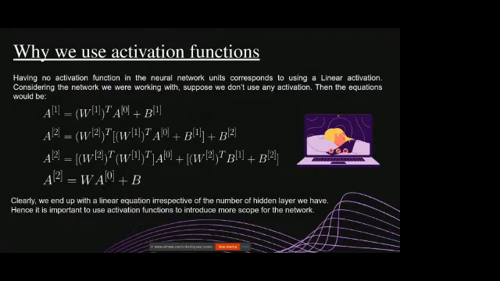Now, introducing non-linearity increases the scope of the network. It lets the network find more complex patterns and more correlations between the input and the output so that it can predict the outcome of a new input in case we provide it. I hope it's clear now why we use activation functions. And so now that we have reached why we use activation functions, we are done with the forward propagation part.